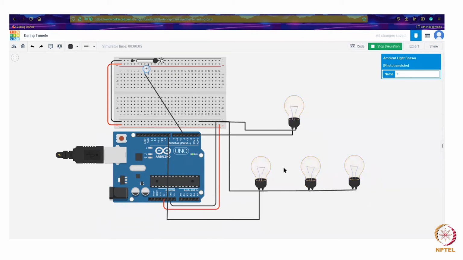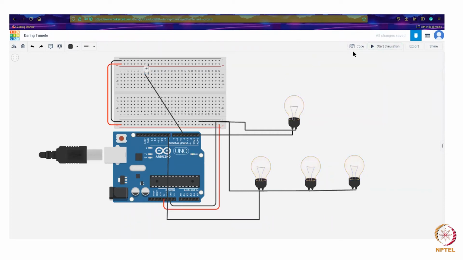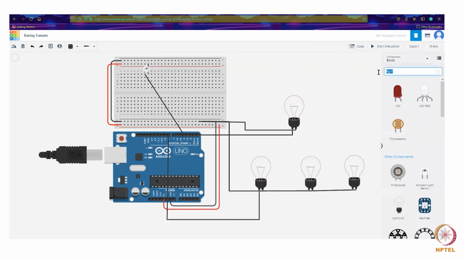So if I make this up, so these light bulbs go dark. And again, if the sun sets down, we have the lights again. But we have to make the system more adaptive. Like what we planned is that we'll be detecting the person's movement, and depending on the person movement, we will be giving him minimum brightness or the maximum brightness. So for such a scenario, we have something called the motion detection module or PIR.